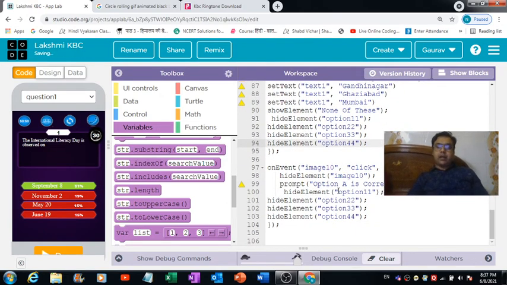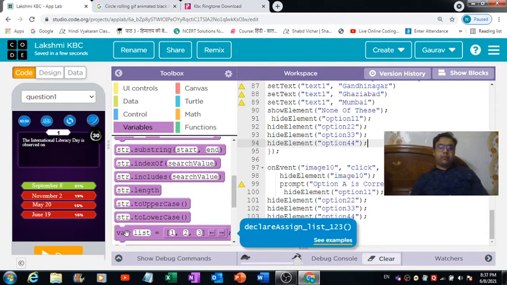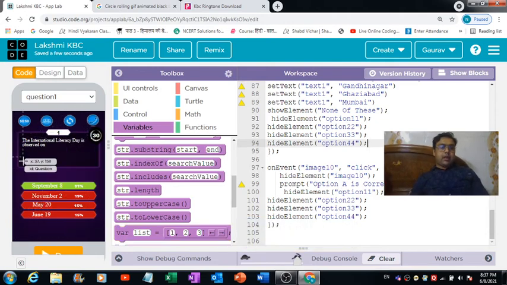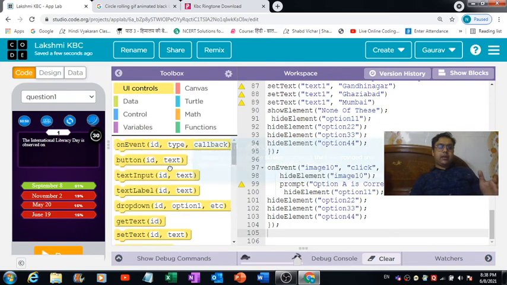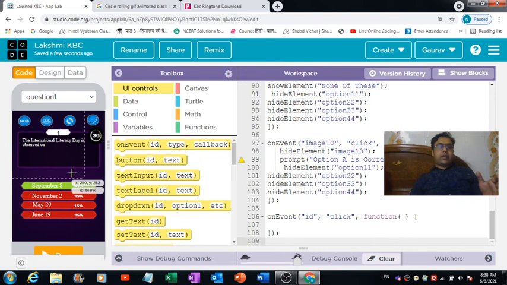Fine, I think we are done with defining all the things. Is there anything which we are left with? Let me just check it one more time. Okay, now the only thing that we are left with is how we can redirect the user to the second question. So we can define a separate code for that.